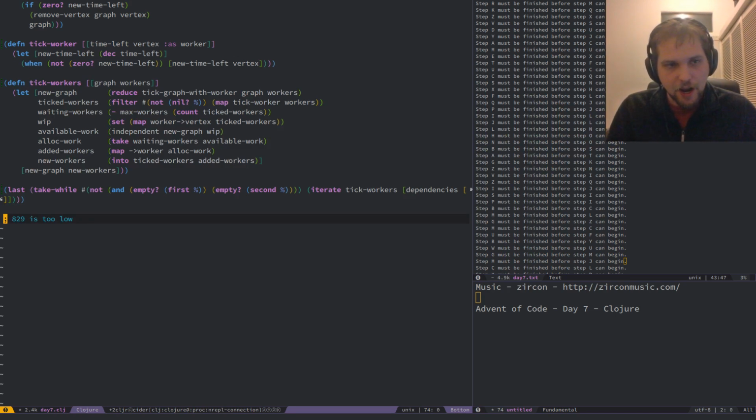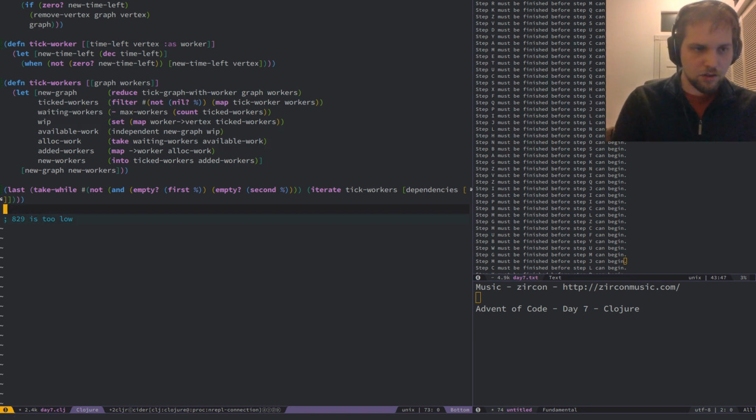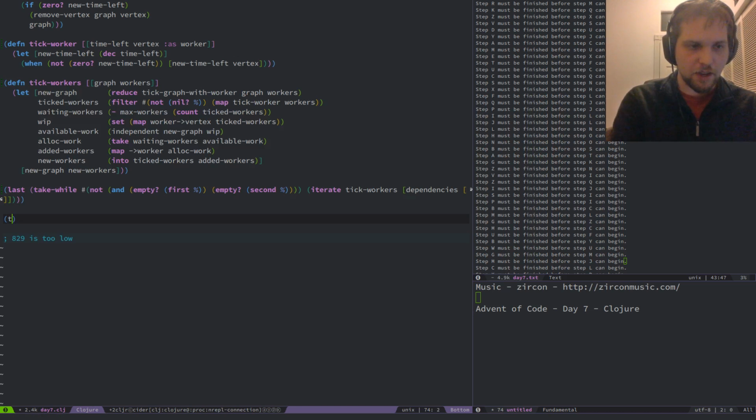And added workers. We turn that allocated work into workers, and we merge them with the new workers. That seems reasonable. Just to validate this, take -1 of 1 should just give me nil. Nothing.